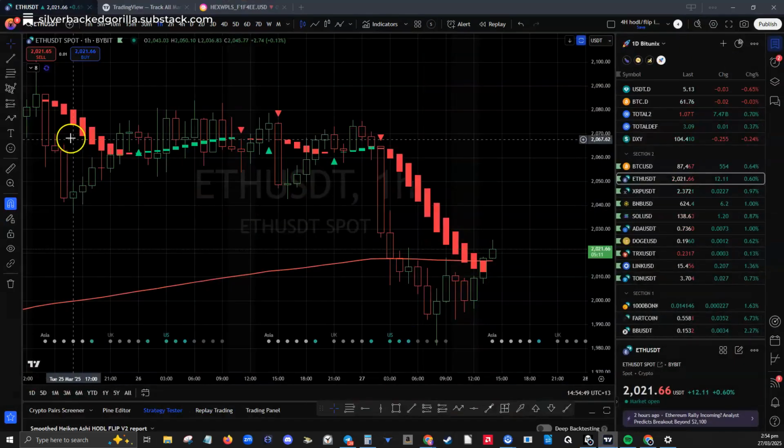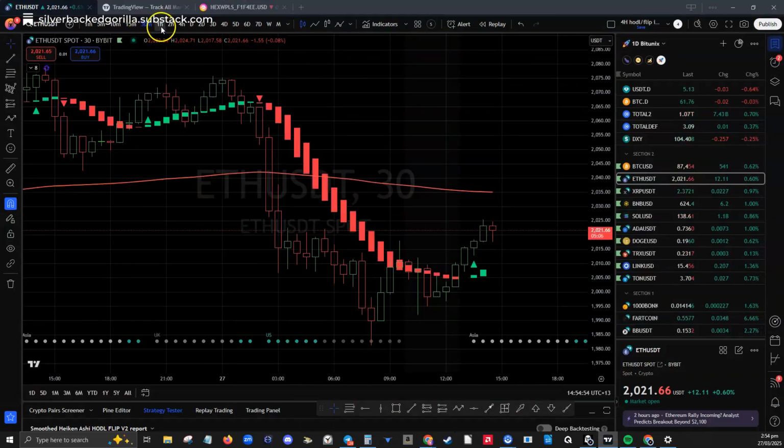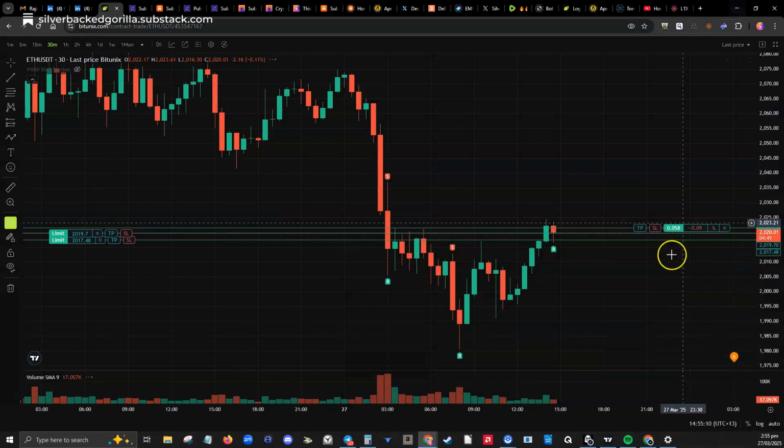If I look at the Ethereum 1 hour, it looks like it wants to come back a little bit, and I think, you know, 2017, around that level is exactly where my last thing. If it does pull back, we're good. If it continues going, we've got one little position that's going for us.